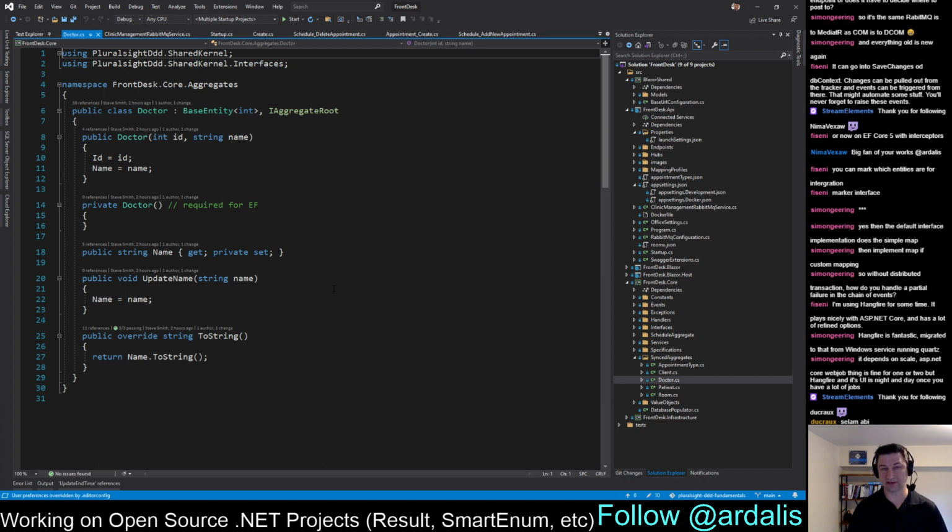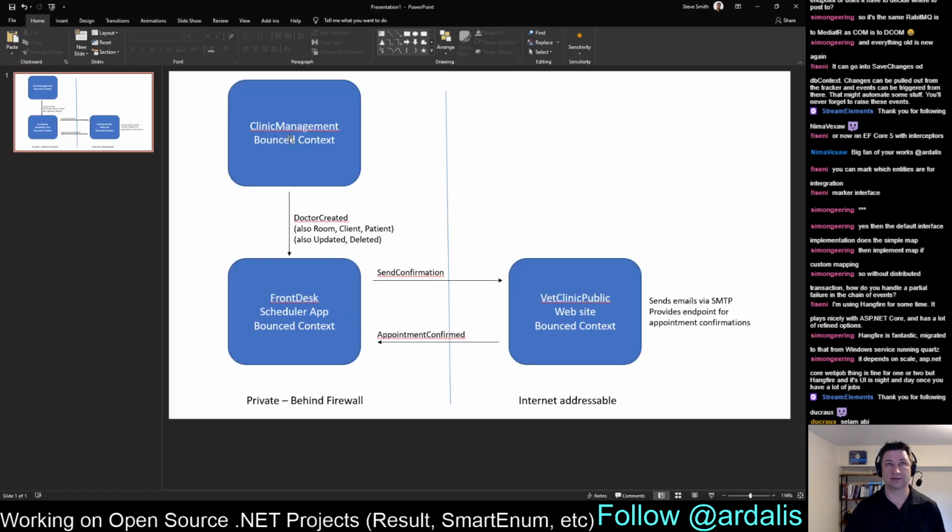You can do a two-way sync if you want to synchronize in both directions, but that gets really complicated. So anytime you can, you want to have just a publisher-subscriber relationship. And so going back to my diagram here, the clinic management bounded context is the owner of the doctor records, right? That's where we're going to make any updates that need to be made. The front desk application is just a subscriber to it, and it has its own copy of that data that it maintains so that it can run in isolation from clinic management,